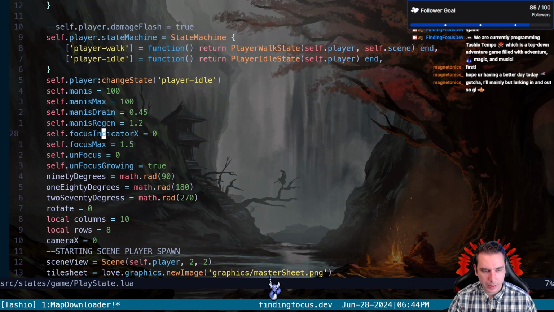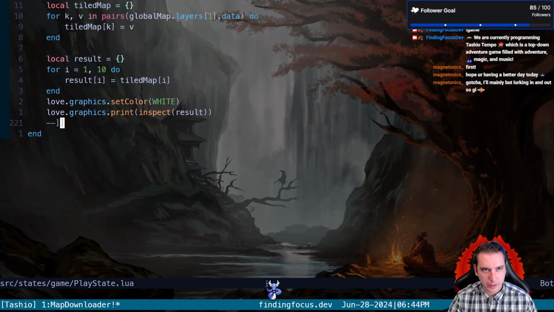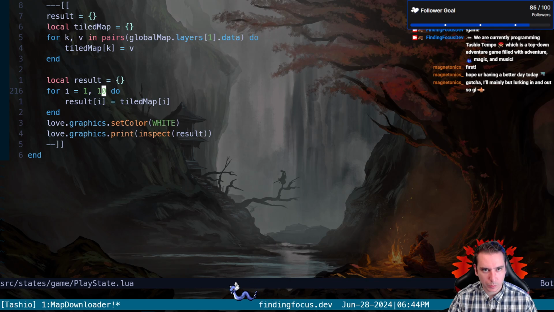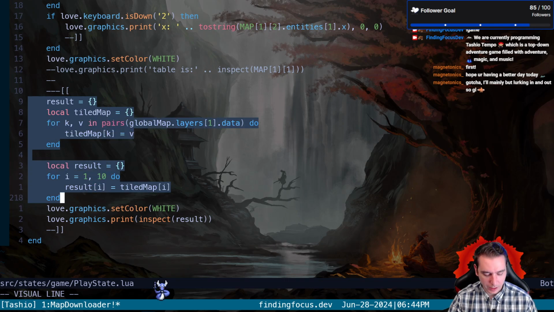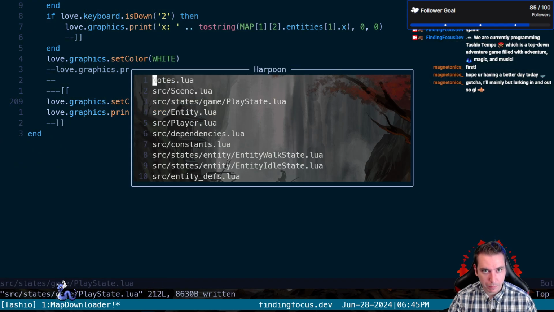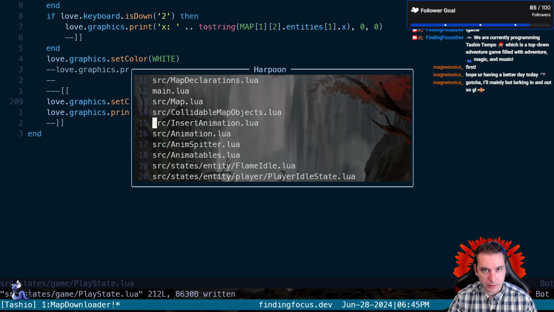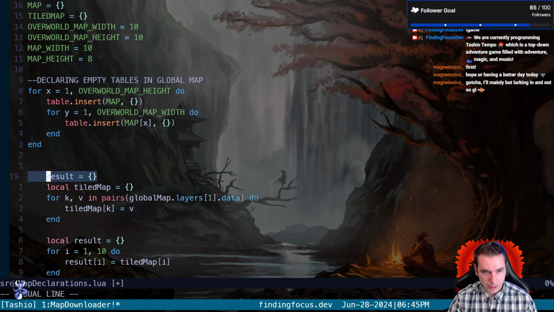Play state. I think ultimately we want to assign these in our global table, but we want to print them out here. So let's take this out of the render, because that's kind of doing it every second. So I think that's what's contributing to the slow. So we'll go put it in our map declarations. We'll say, okay, cool. Up here, we're just gonna say,